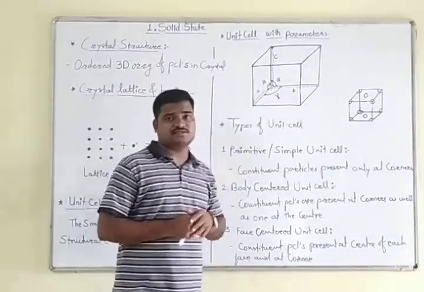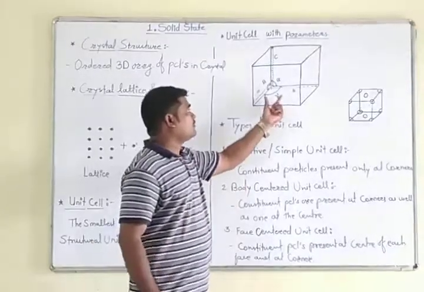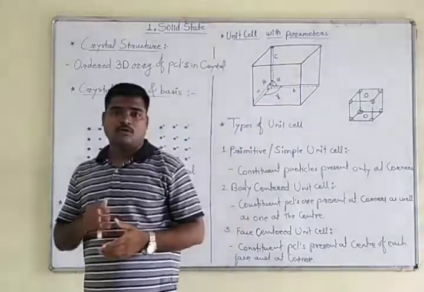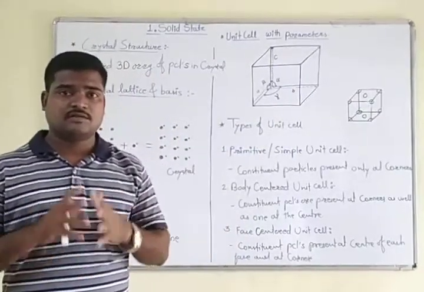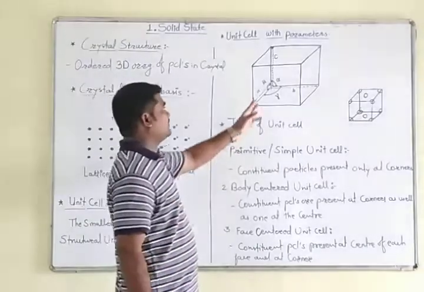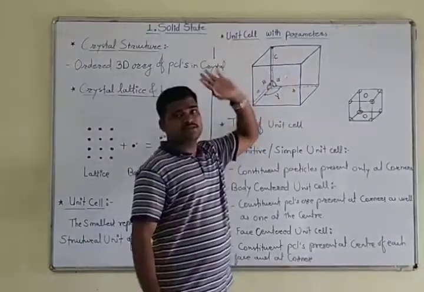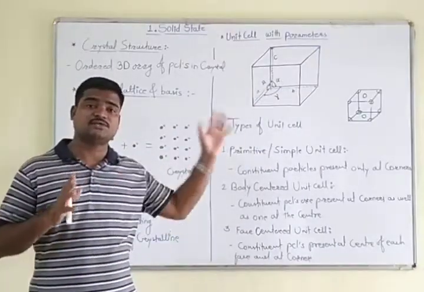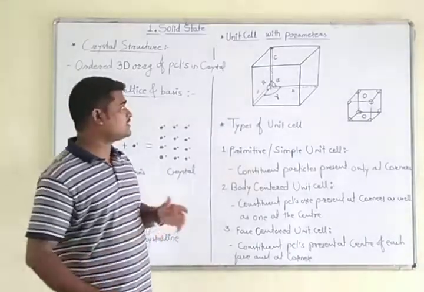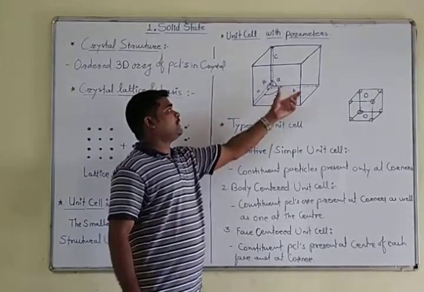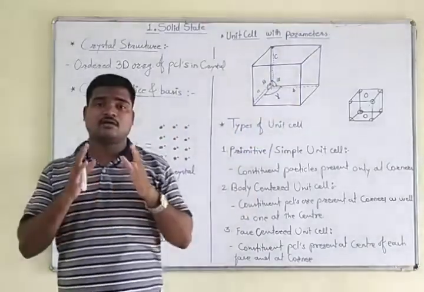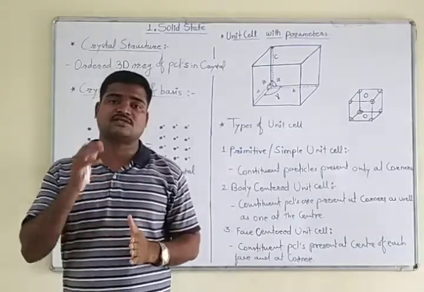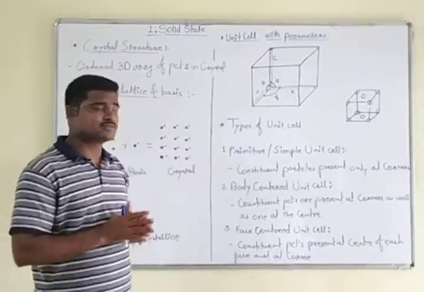Now, look at this figure, crystal lattice. Okay. Now, look at these small letters a, b, and c. What information do they give us? They give us the information that these small a, b, c are the parameters which show the edge length of this unit cell. Edge lengths, that is small a, b, c, are equal in dimension. Their values do not change. Their values remain the same in a crystal structure.